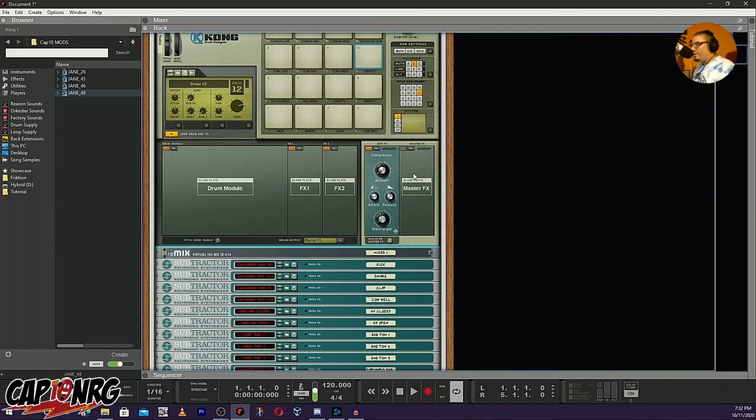Okay, so now if I go to Master Effects, I can actually go right here and I can add one more effect. Like I could throw a room reverb on, so all of the drums would have the same echo on them. It's kind of neat. It's a good feature if you want to do something like that. You can change the width, you got the decay, you got the size of the room. I'm going to turn the damping up, and now if we play them,